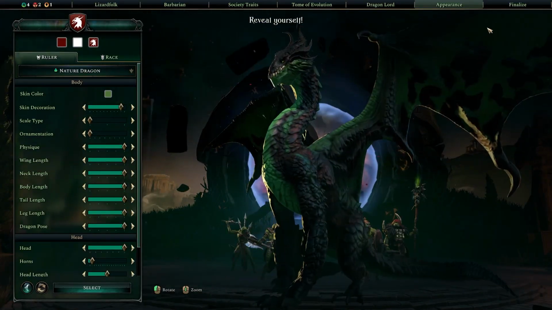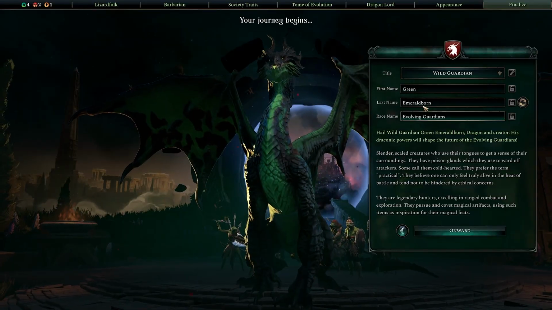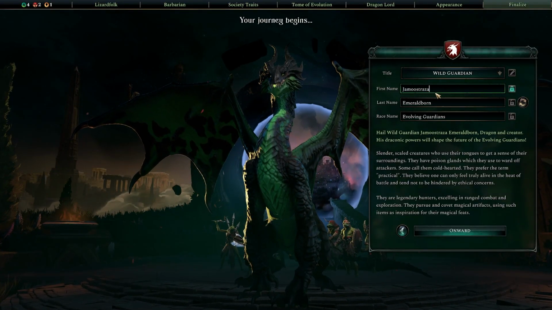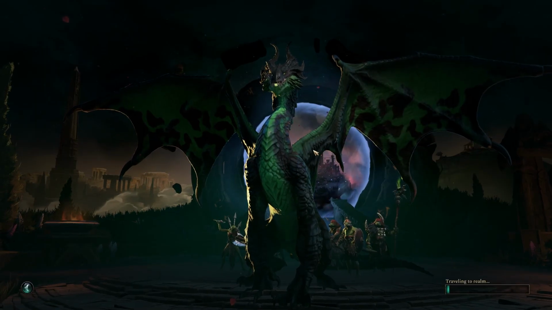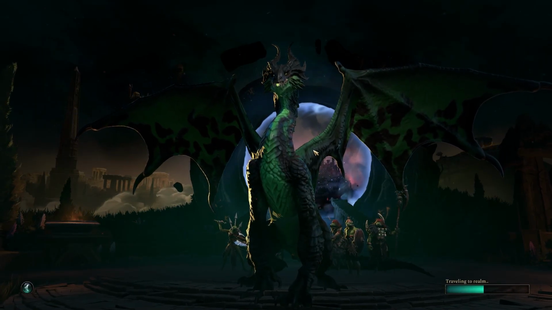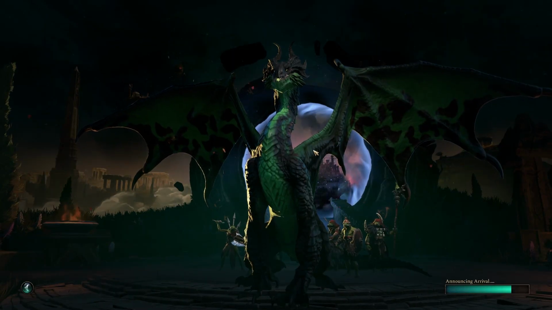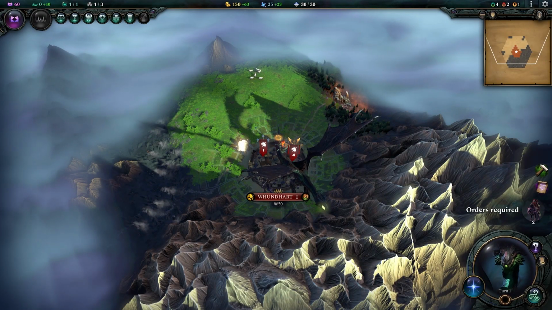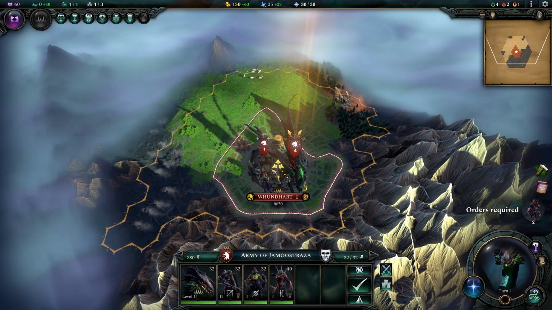Anyway, we will be playing the Evolving Guardians. I'm going to give him a new name. I'm going to call him Jamu Straza. A little bit of a WoW reference there, I think. I don't remember if the green dragons were Strazas or not. I think they were. Welcome to Rundhart, our capital city, and we have ourselves a big old tasty dragon in